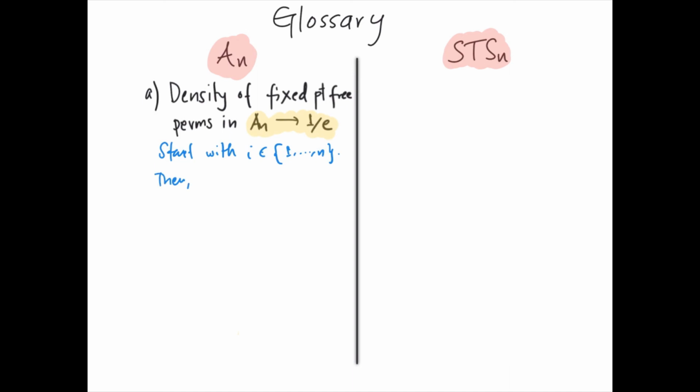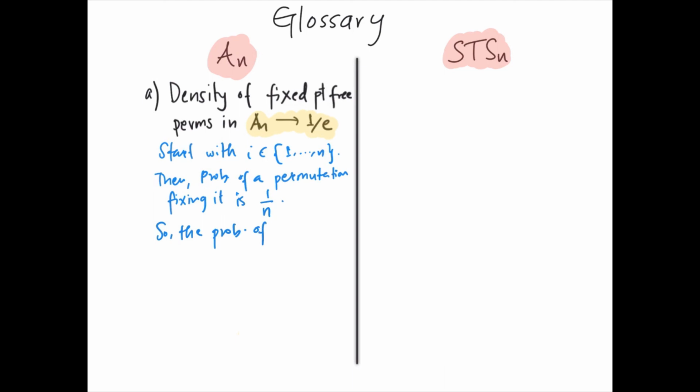Then the probability of an even permutation fixing it is 1 over n, because there are (n minus 1)! over 2 even permutations fixing it, and n!/2 permutations in total in An. So the probability